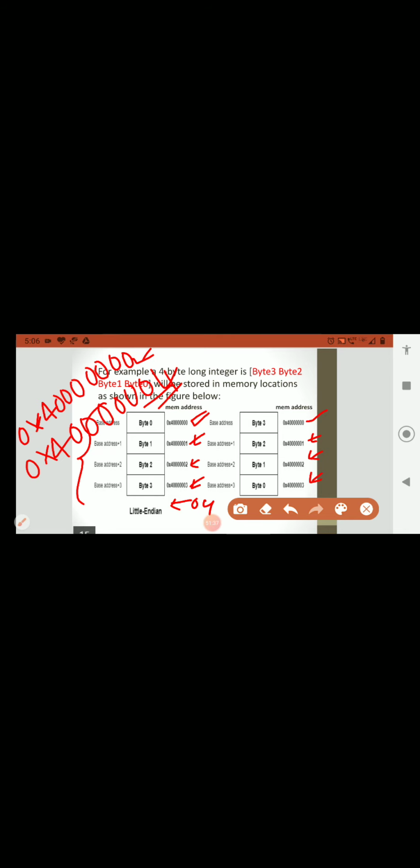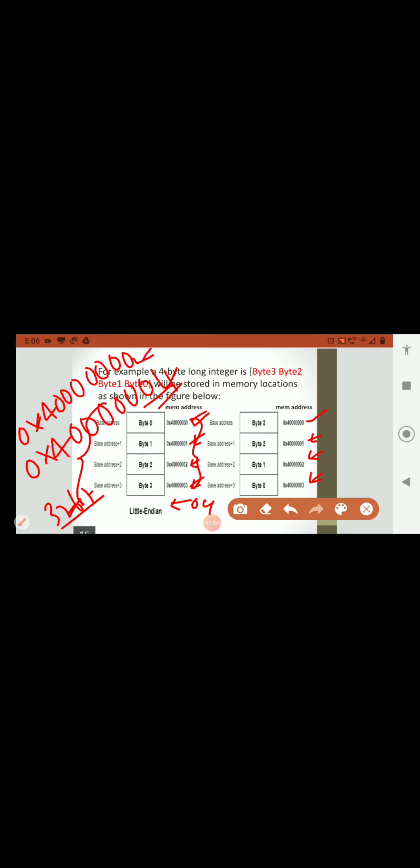So these 4 bytes of data will be stored in these 4 memory locations. That constitutes a total 32-bit data.